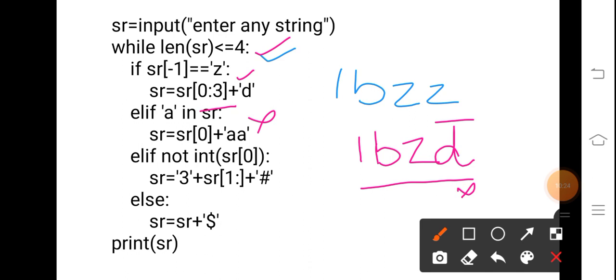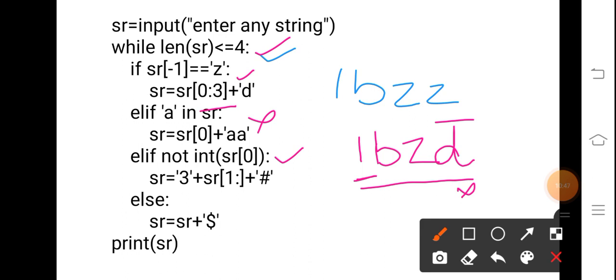Then what is it doing? The elif, see this part, int SR0. What is at SR0? 1. When we convert this 1 into int, because it is part of a string, here it is a string, but we typecast it to an integer, we will get 1. And 1 is what?